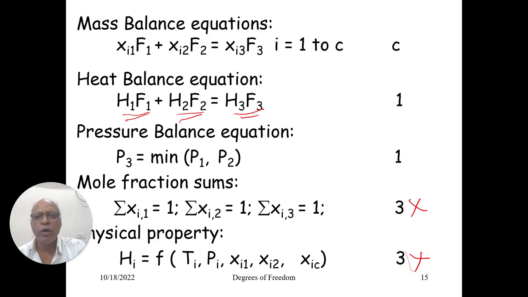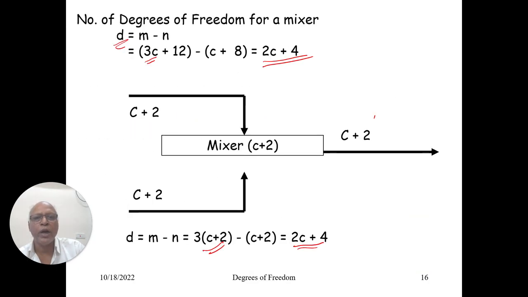So how many variables are eliminated? Six equations are eliminated. But how many variables are eliminated? So the same 6 variables will be eliminated. 3 variables here because they are not independent. So accordingly, we will be coming to this kind of a shortcut. So from now onwards, we will be using this shortcut to calculate the degrees of freedom for any given unit.